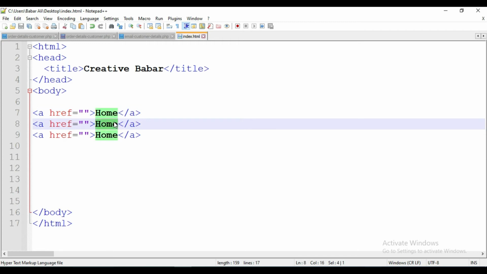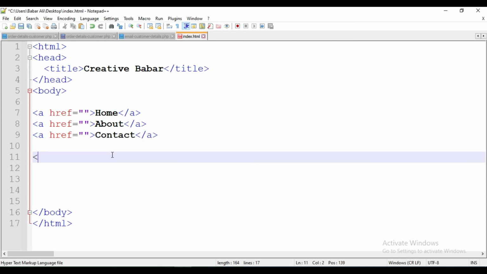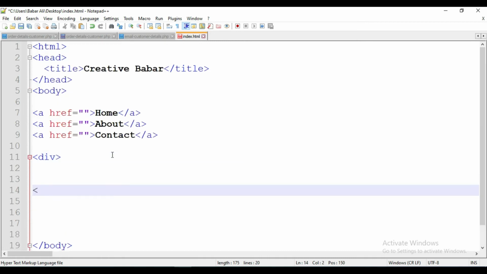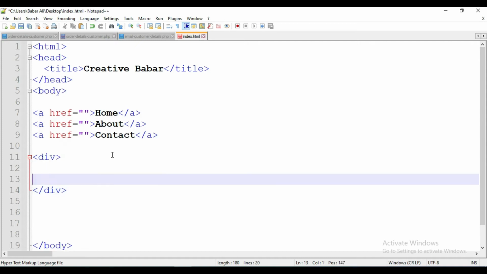Here I put about, and here I put contact, and under this I am going to make a div. A div is a block tag. It allows us to create a new block in the browser. So I close it with div.